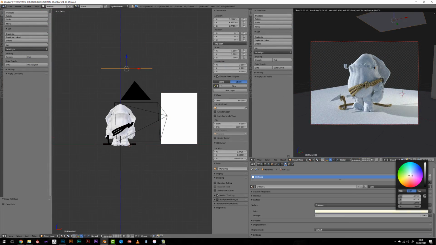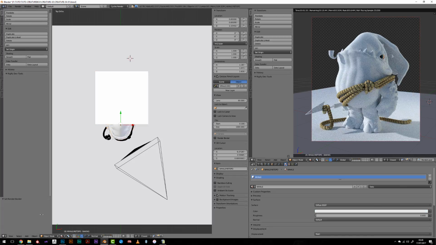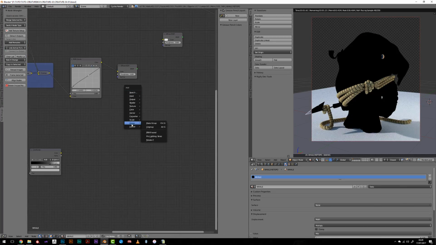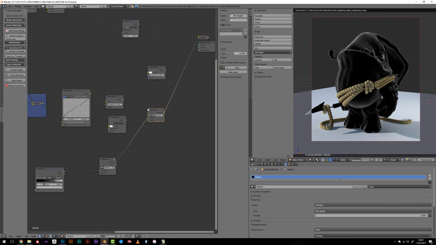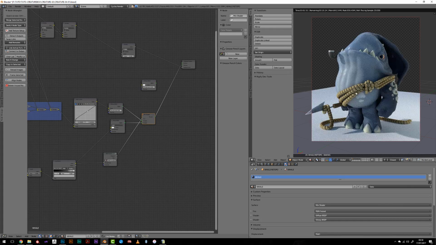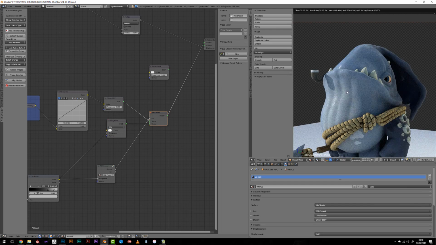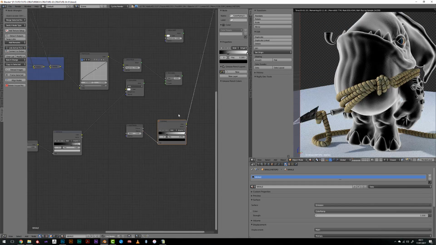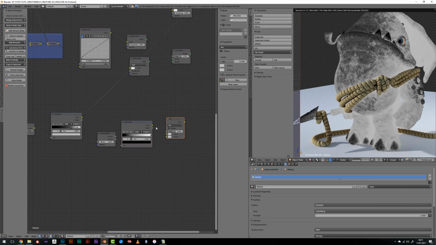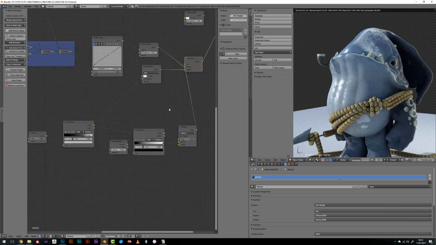I set my character to a pure white diffuse, so it allows me to set my lighting using an HDRI as the main light source, and also a few planes with an emission shader to create the rim lighting. I will add later on a fill light with a simple area lamp with a very low strength.